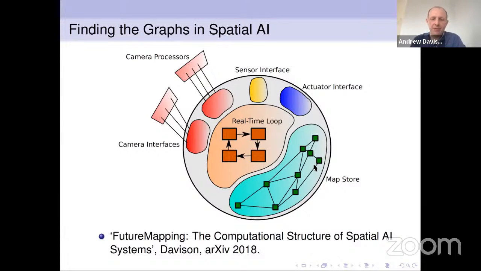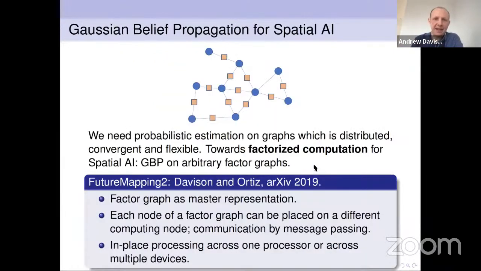What we really want to move towards is the processing and the compute in a system being much more co-located, and the processing happens locally on data, and then messages are passed between those systems as needed.